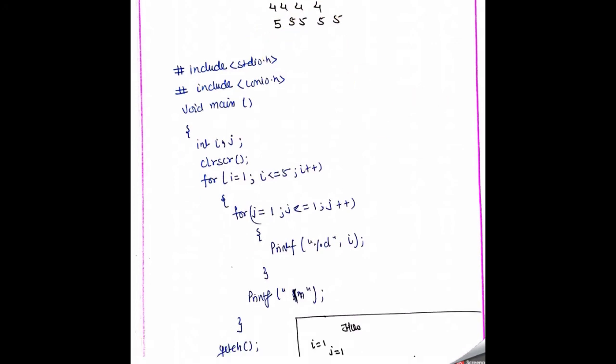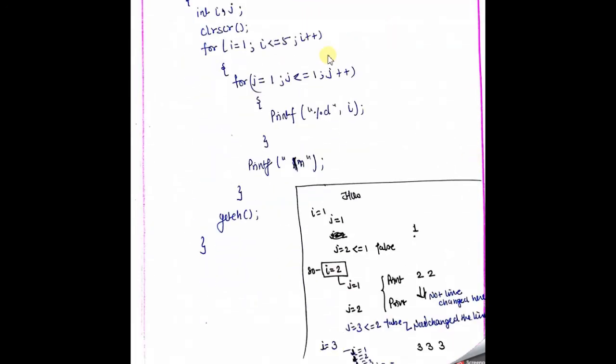So in such a manner you print the values. And what value is basically printed, you need to decide. Only 2 points will be changed in your pattern question: your writing style of the for loop for the number of rows, and your writing style of the inner loop. That means what type of content you need to print in your pattern. Right here I want to print i. Why do I want to print i here? Because according to 1, 2, 3, 4, the row number is printed here.